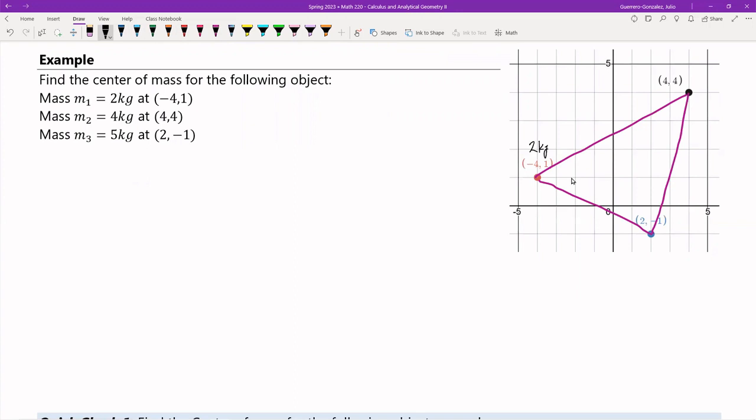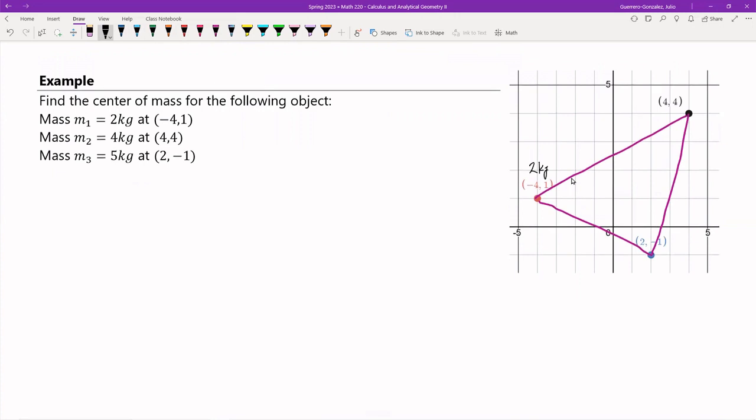At 4, it's going to be 4 kilograms. So I'm going to put 4 kilograms here. And then over here, it's going to be 5 kilograms, right? So